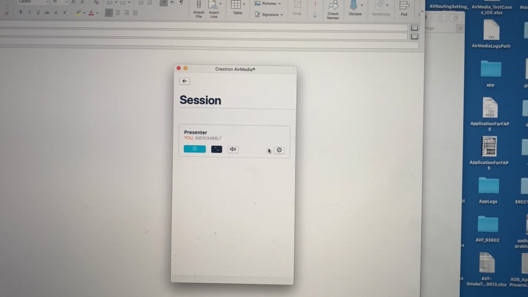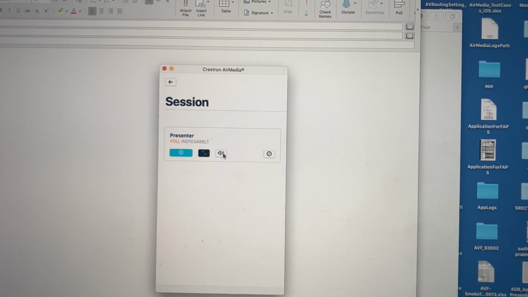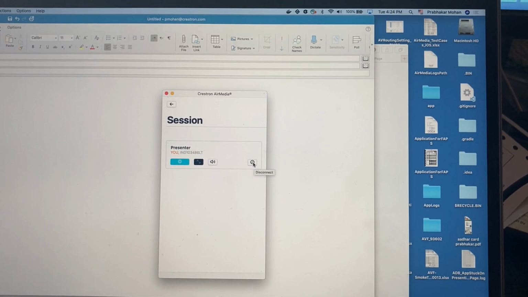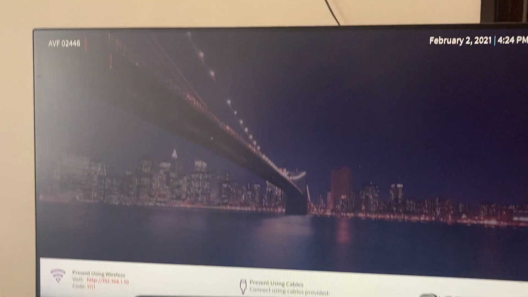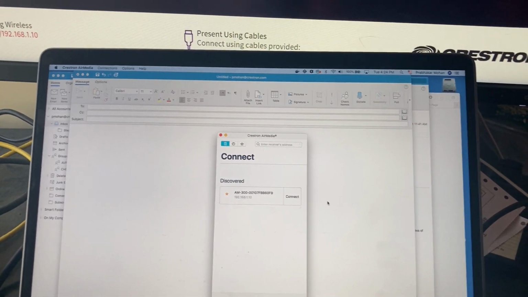So we'll not be able to dock and undock presentations of the Mac Sender app and iOS Sender app. We'll be able to just mute and unmute the volume, and if you want to disconnect, we'll be able to use this disconnect button. Once we click on disconnect, the presentation gets disconnected. So the same way we'll see how it works with